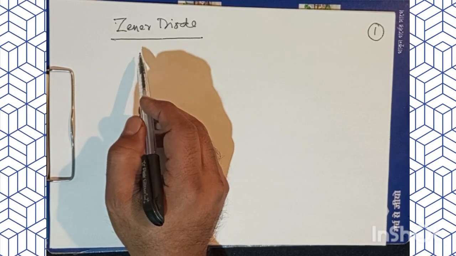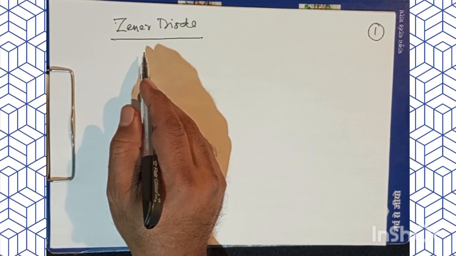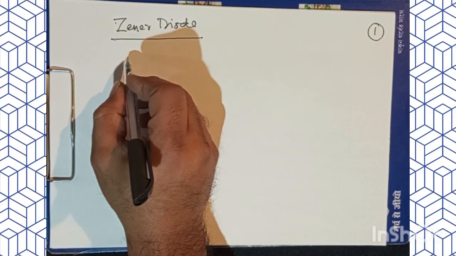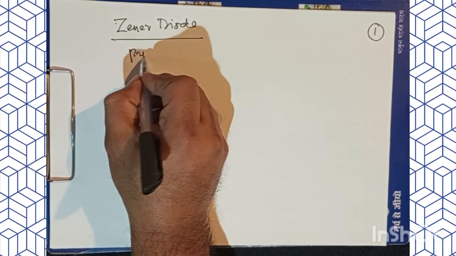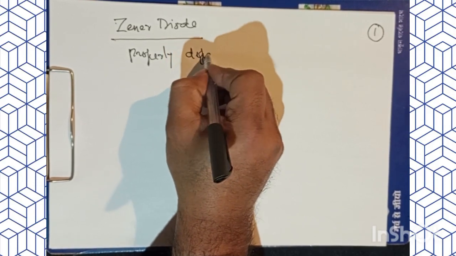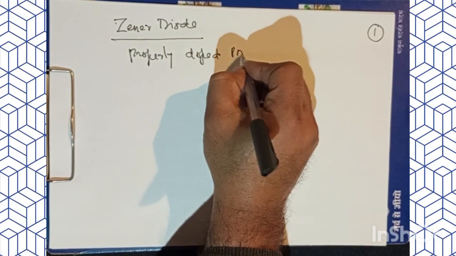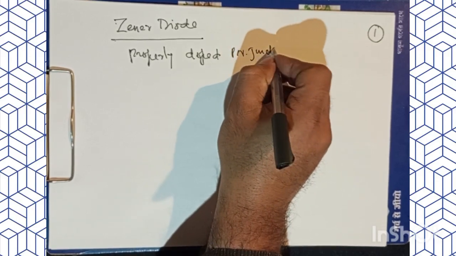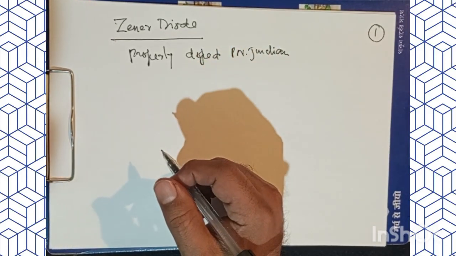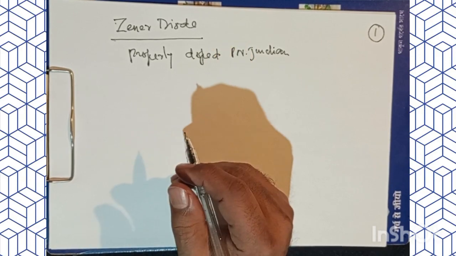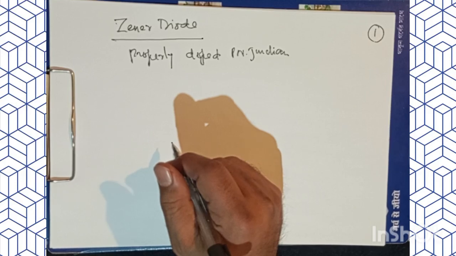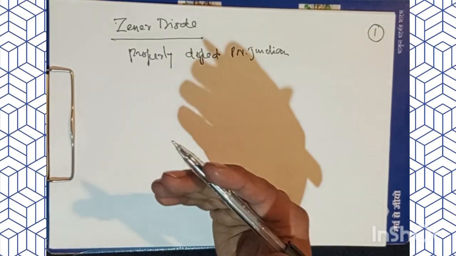Now we want to discuss here this zener diode. What is this zener diode? It's a properly doped PN junction. Properly, so that's the important point. Properly doped PN junction, which works in the breakdown region without damaging itself, and such a kind of PN junction is called a zener diode. This zener diode is also known as